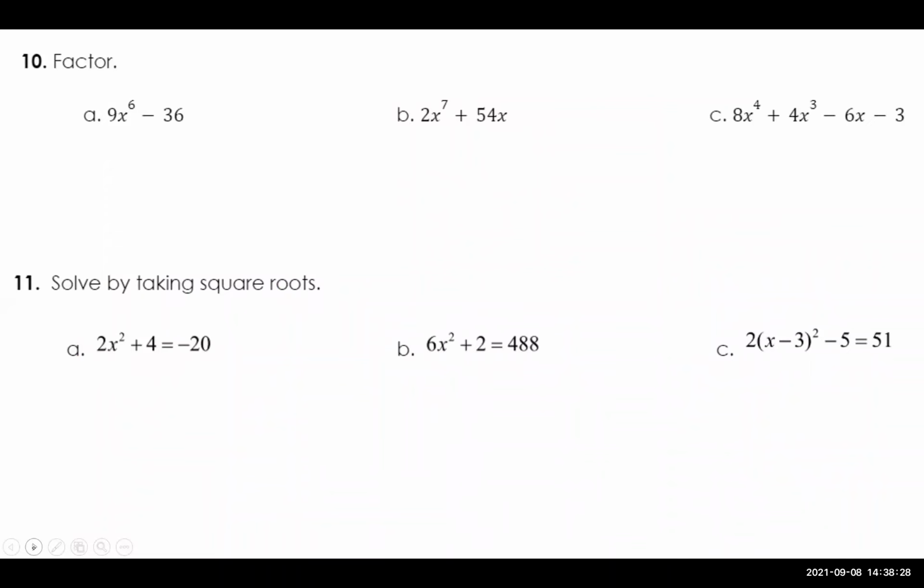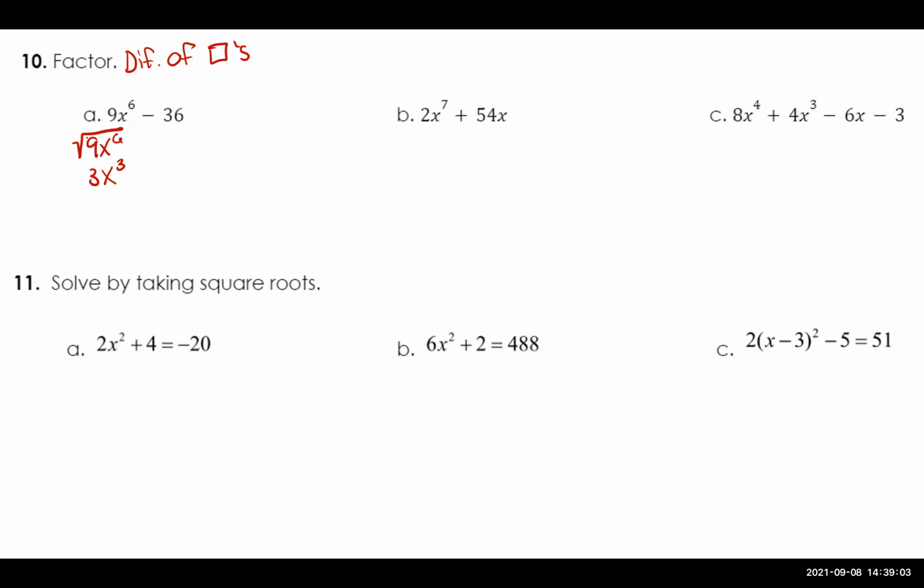Okay, number 10, we do not have an equal sign, so we are only going to factor and then stop. So for part A, looking at these, I know that 9 and 36 are perfect squares, and I'm subtracting. So this is the difference of squares pattern, which means I want to square root 9x to the 6th. The square root of 9 is 3. The square root of x to the 6th is x to the 3rd, because I take the exponent and I